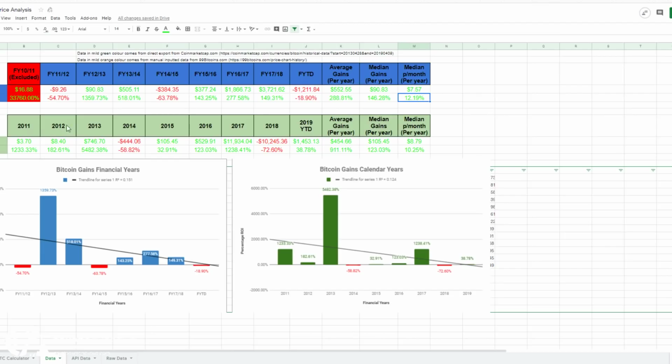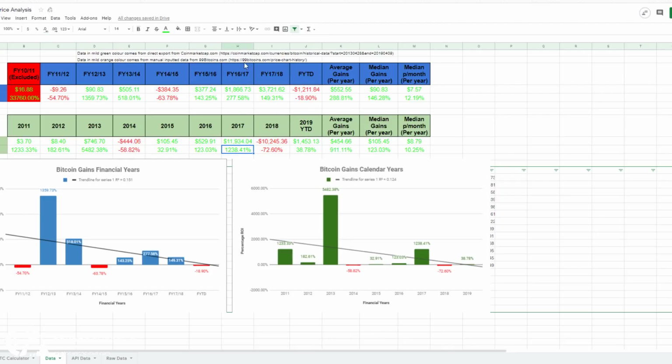So looking at it here, guys, down the bottom in this pretty yucky looking green color. For 2011, the gains were 1,233%. Quite significant when you compare to financial year 11-12 that actually had a loss of negative 54%. 2012, 182.61% gain. 2013, 5,482% return. 2014 yielded a loss of negative 58.82%. 2015 was a gain of 32.91%. 2016, a gain of 123%. 2017, a gain of